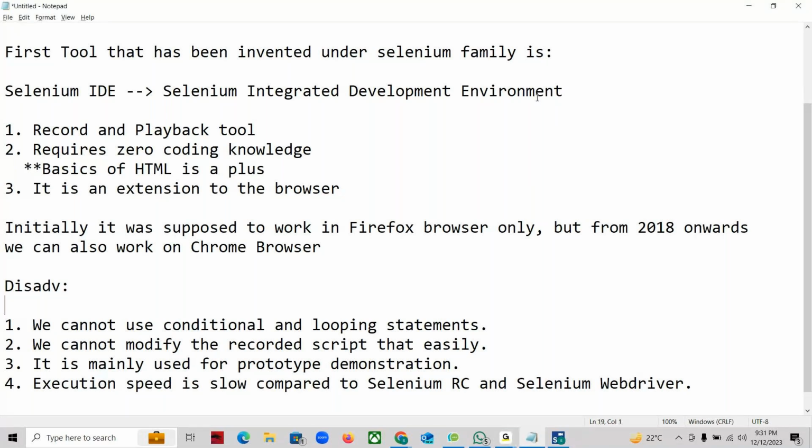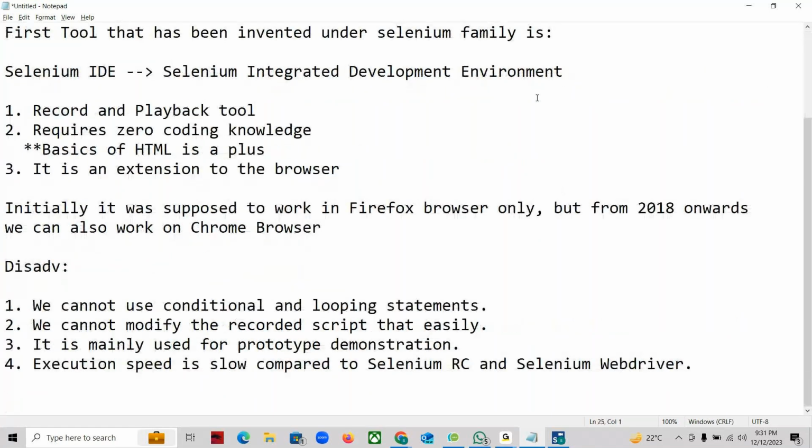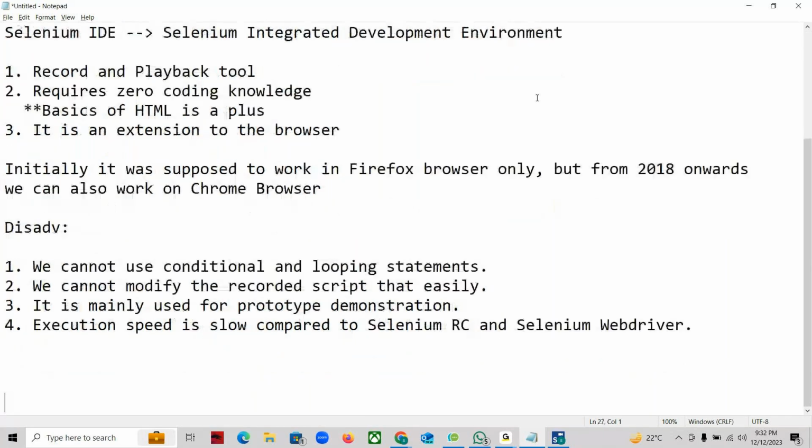So this is one of the first tools of the Selenium family, that is Selenium IDE, and it's just a simple record and playback tool. So do you think by using this record and playback tool, we can do the actual testing? No, I don't think so. That is the reason that in the year 2006 a Japanese engineer